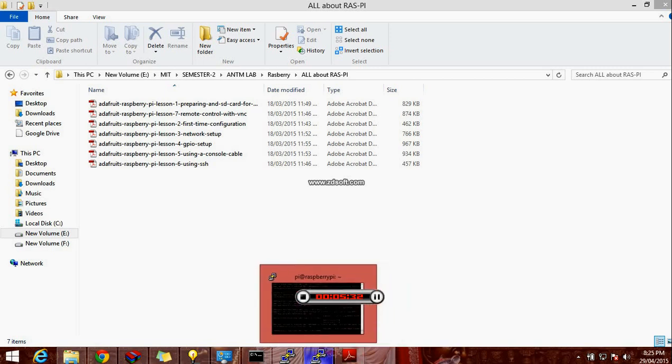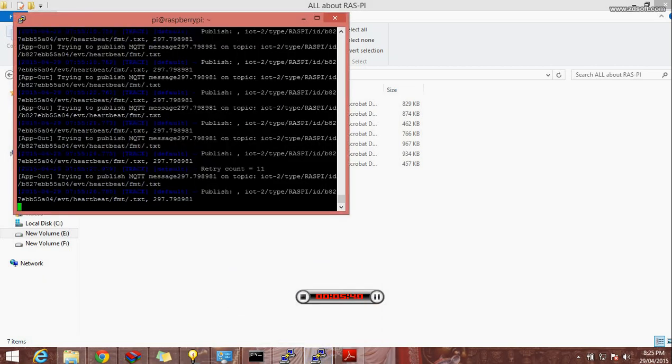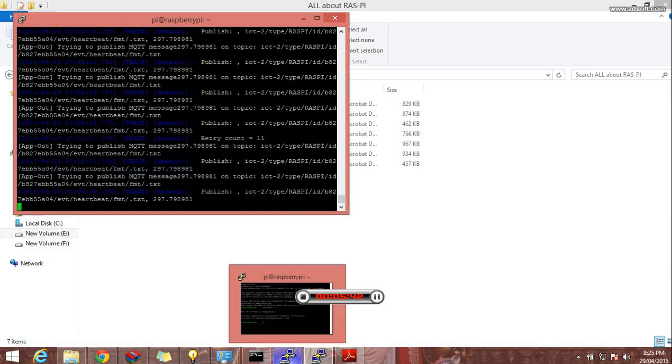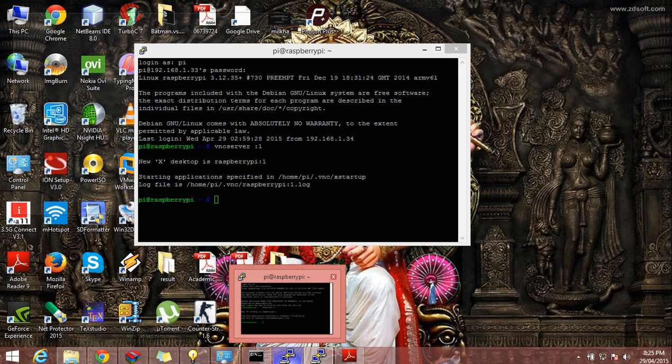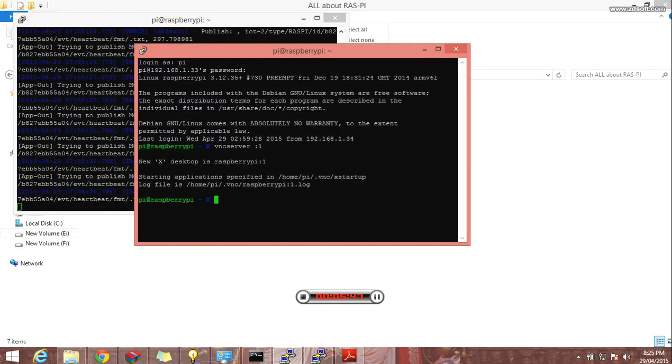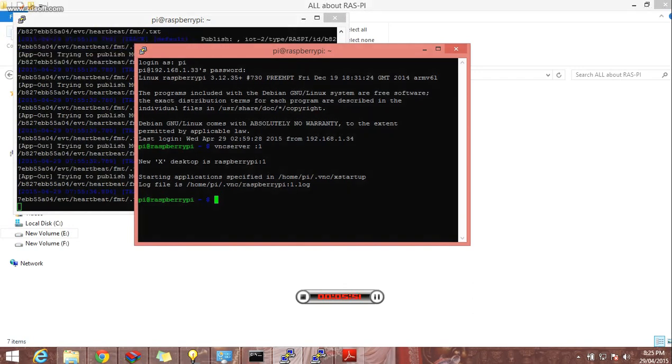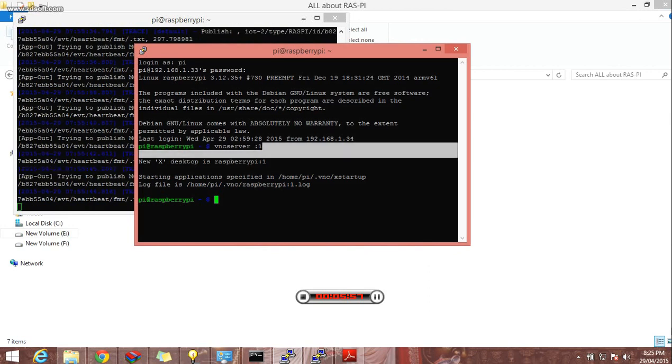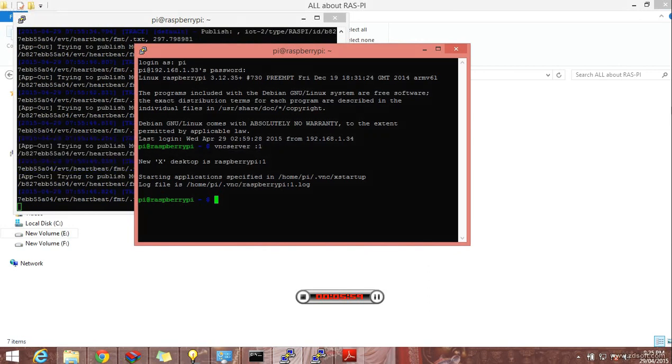Putty can be installed on any Windows operating system, and putty is used to start the VNC server, so we require putty. You can install putty from anywhere; just search putty and you will get it. Now how to start the VNC server? You have to install the VNC server first, then start it. The command is given over here, and this is the port or number of the user, you can say 0123.